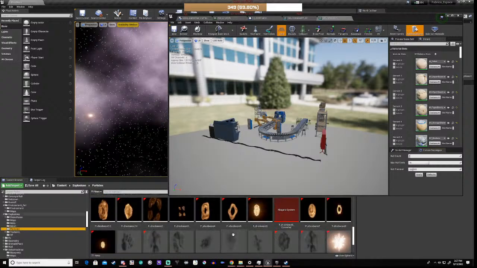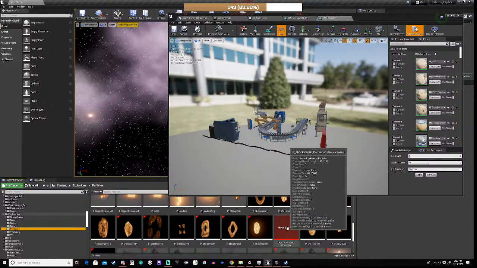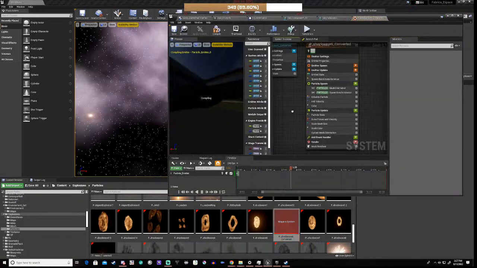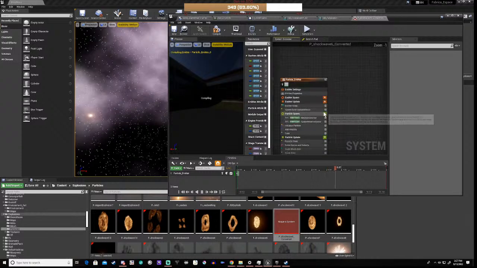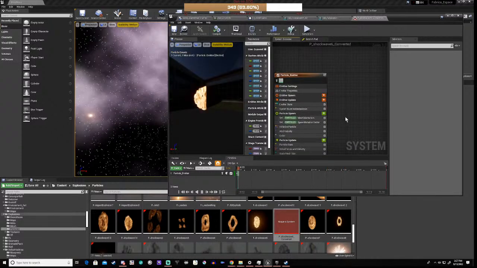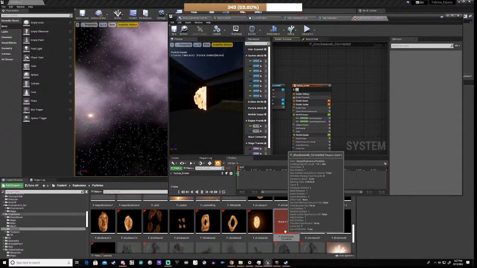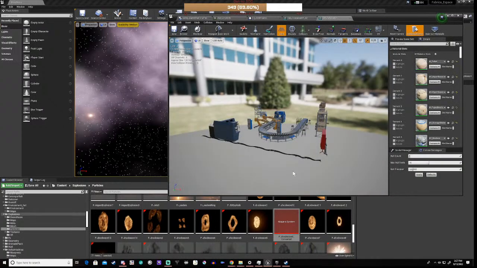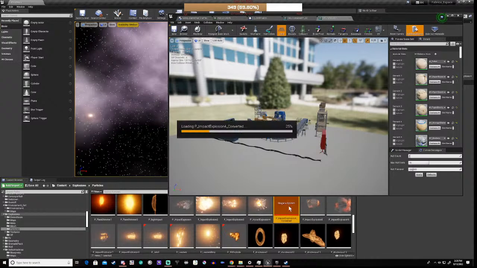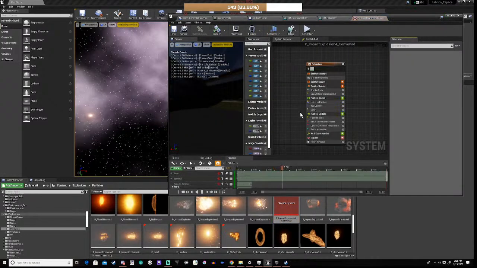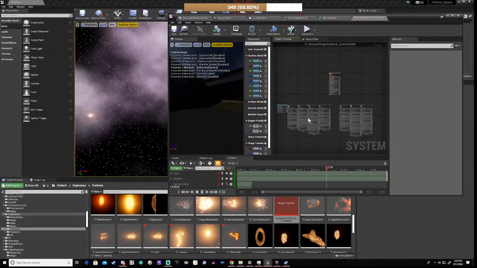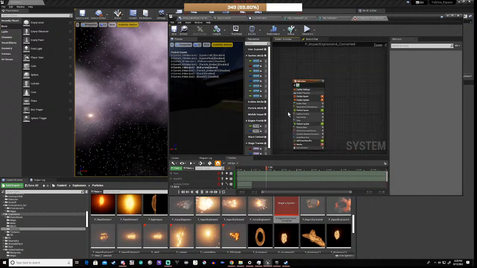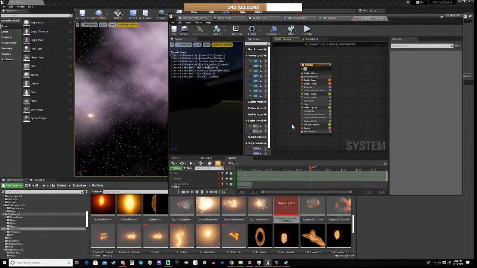All I did was I converted it to Niagara. I basically switched off everything else. And that's the wrong one, so let's close that down and see the proper one. Right, and it's this one here. So what I did was I switched off every other emitter except the refraction. Okay,